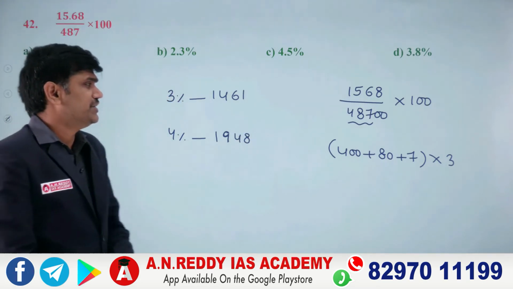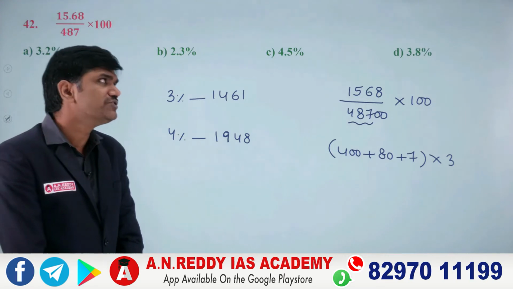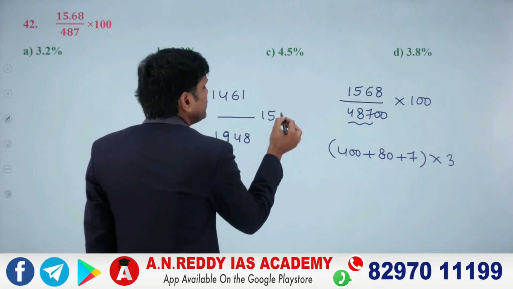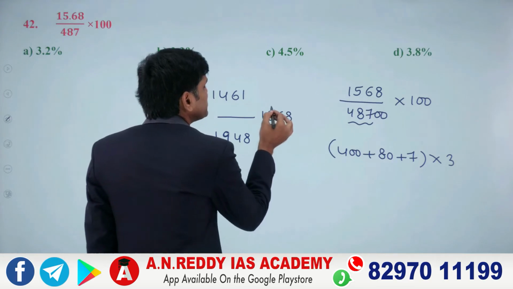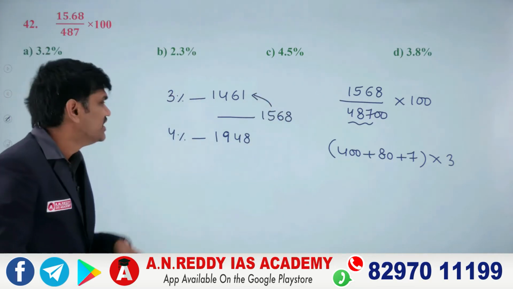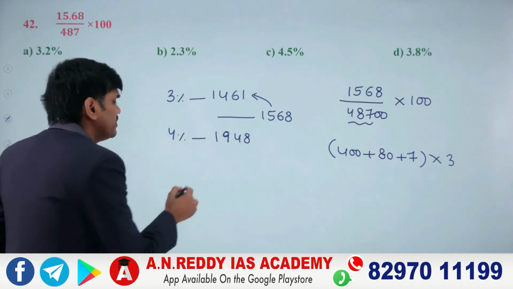So 1948, is that clear? Now check, what is your target? 1568, na? Is it more nearer to 3% or 4%? It is more nearer to 3%. That means it is between 3% and 4%, and that is more nearer to 3%, which means that has to be